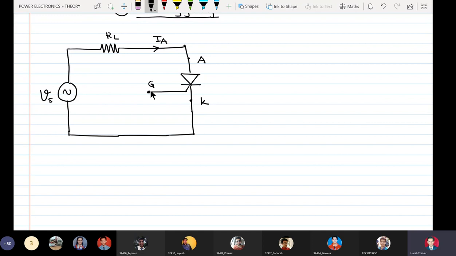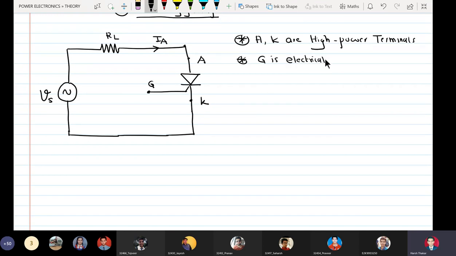Now understand one thing, that gate is a weak terminal. So I can say something that anode, cathode are high power terminals, and gate is an electrically weak terminal.